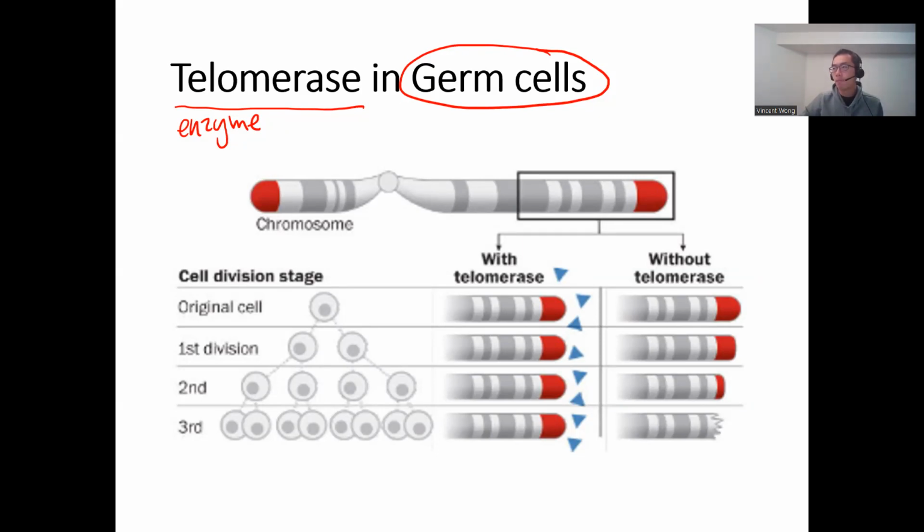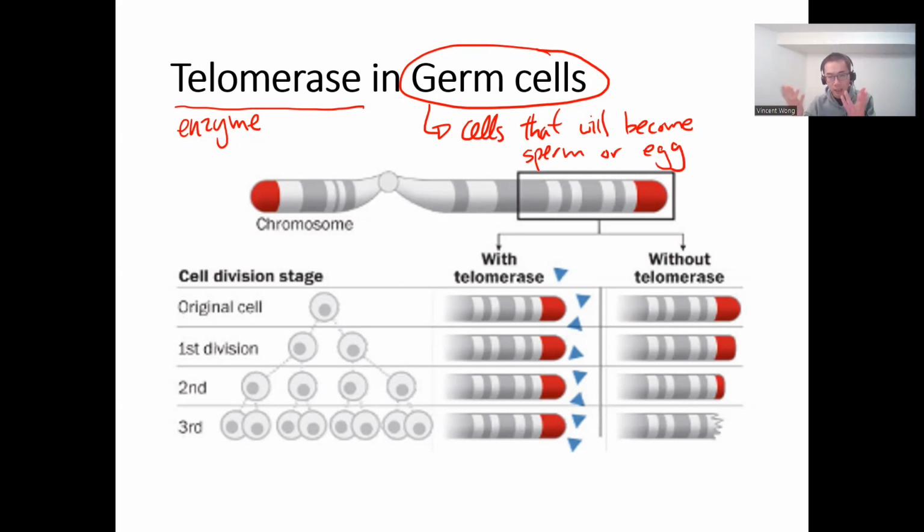No worries. Germ cells. Reproductive cells, yes, exactly. Male and female, they are cells that will become sperm or egg. Okay, so for guys, they have germ cells in the testicles. For females, they have germ cells in the ovaries. These are cells that will become the sperm and the egg, and obviously, the sperm and the egg is what